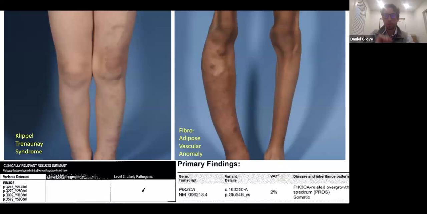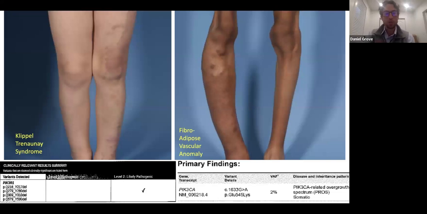I bring these photos up just to talk about the genotype-phenotype correlation. Not everything is perfect, and the reason I say that is because these are all phenotypic appearances of a PIK3CA gene change. In a second, we'll review PIK3CA overgrowth syndromes. Depending where that PIK3CA gene mutation is, whether it's early or late, whether it's in a certain tissue or not, whether it's in a progenitor cell, whether there's epigenetic changes in the patient, it can have multiple